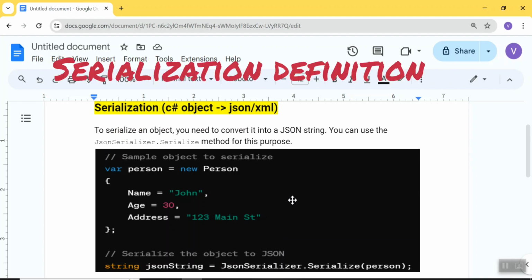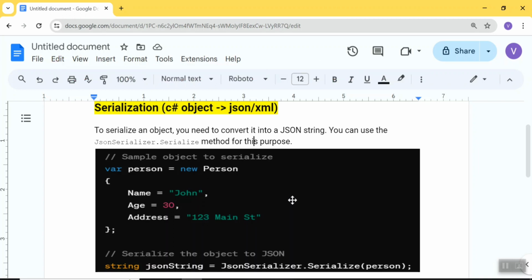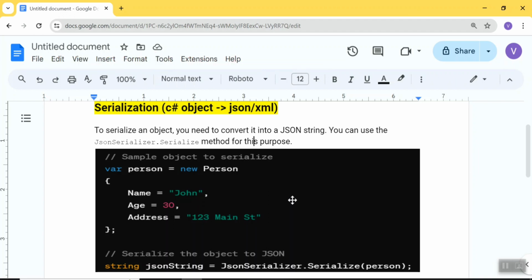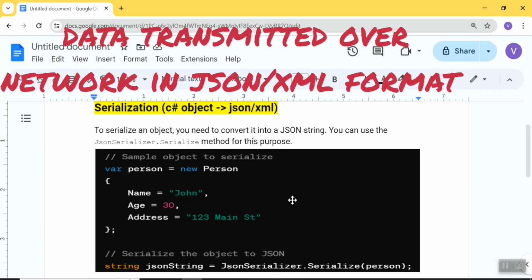Serialization is the process of converting the C Sharp object into a JSON or XML format. Why do we need JSON or XML? Because to transmit the data over a network, you need JSON or XML format so that it communicates between both your